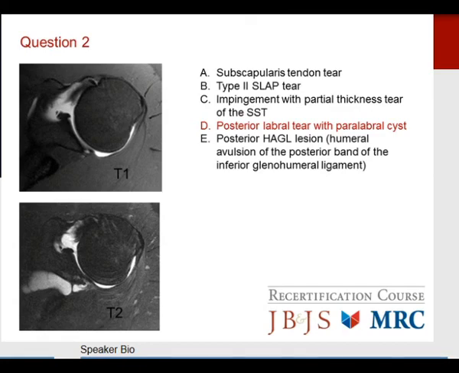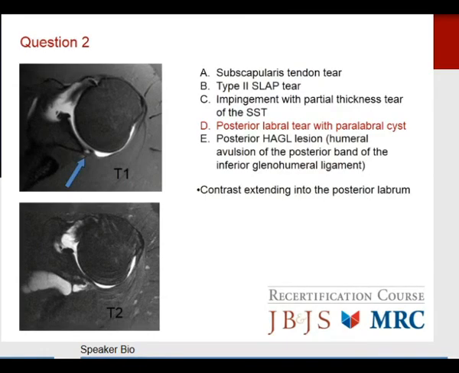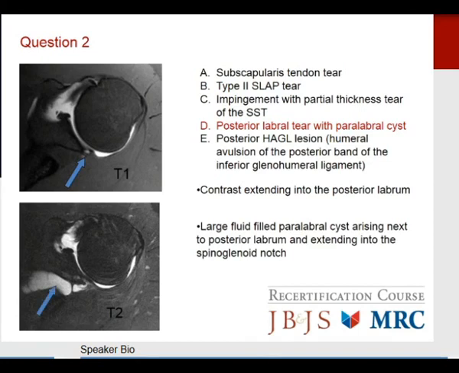Here we see contrast or fluid completely undermining the posterior labrum, representing a tear of the posterior inferior glenoid labrum. Then we see this fluid signal collection extending along the posterior glenoid into the spinoglenoid notch posteriorly, representing a paralabral cyst. So this completes the